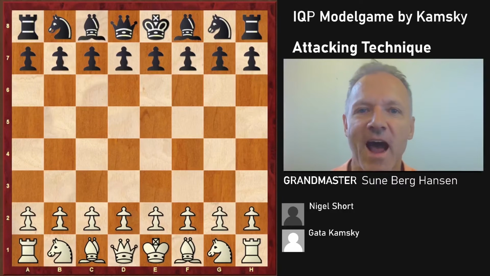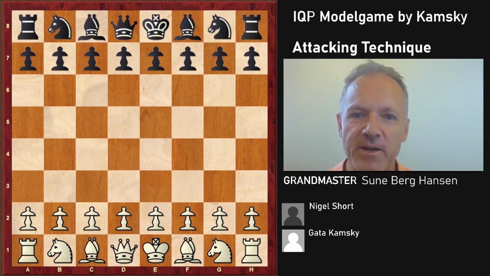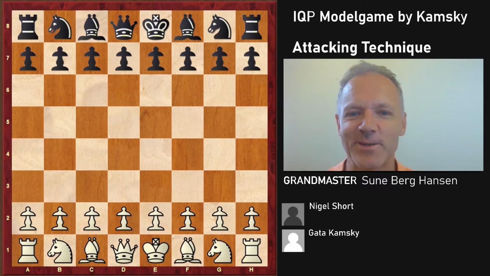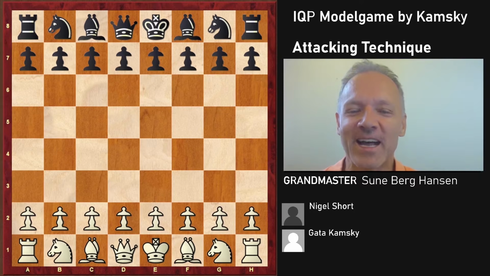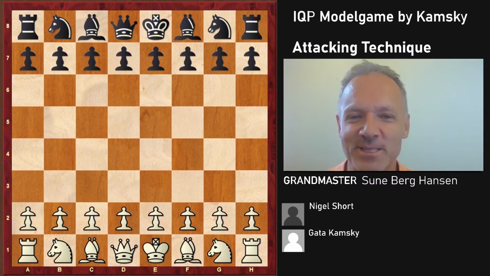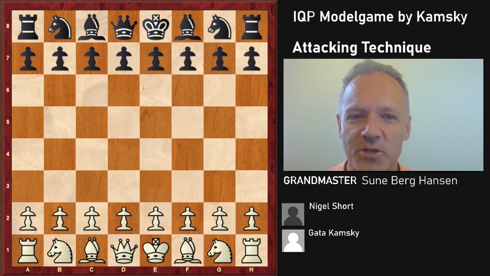Model games are an excellent way to understand different positions in chess. Today we're going to see an IQP model game by Kamsky, a famous former Russian, now American legend, as he called himself, who won a great game against one of his big rivals in the 90s, Nigel Short. And IQP stands for isolated queen pawn,